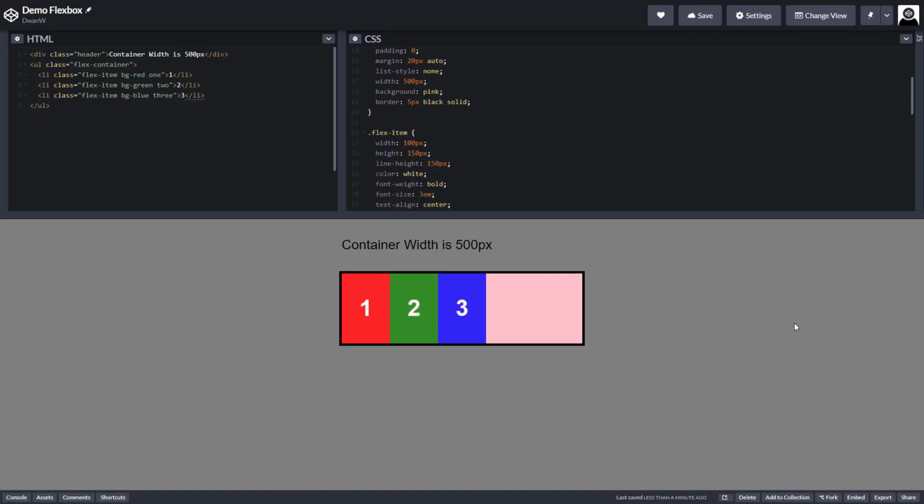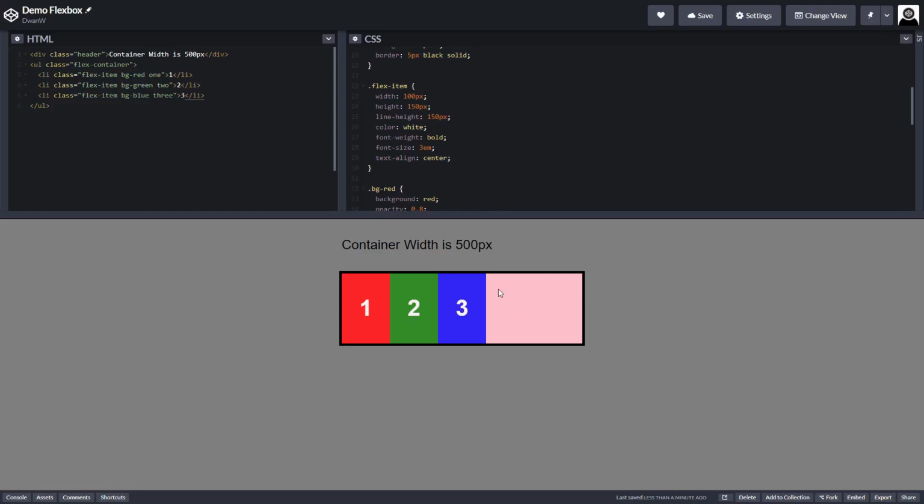The next property we're going to look at is the flex shrink property. The flex shrink property works kind of oppositely to the flex grow property. So instead of working with the positive available space, the flex shrink works with negative available space. In this example, we don't have any negative available space, so the flex shrink should not work. We can demonstrate this by showing,